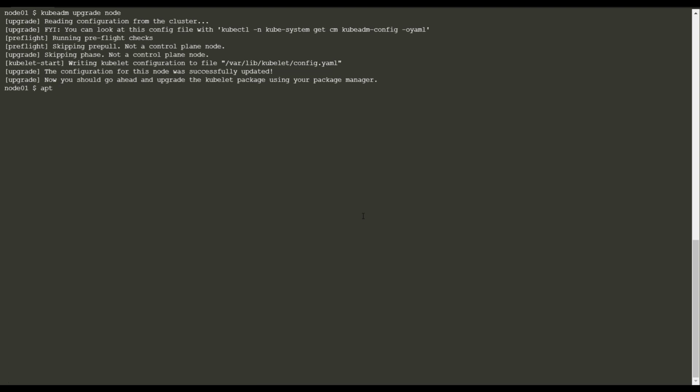For the kubelet, we need to install the latest one. apt install kubelet=1.19.0-00.